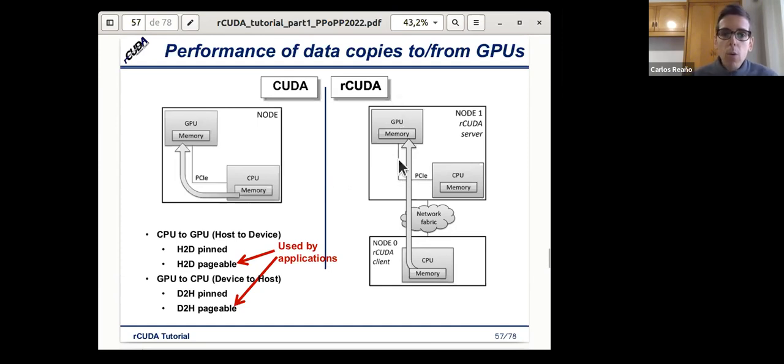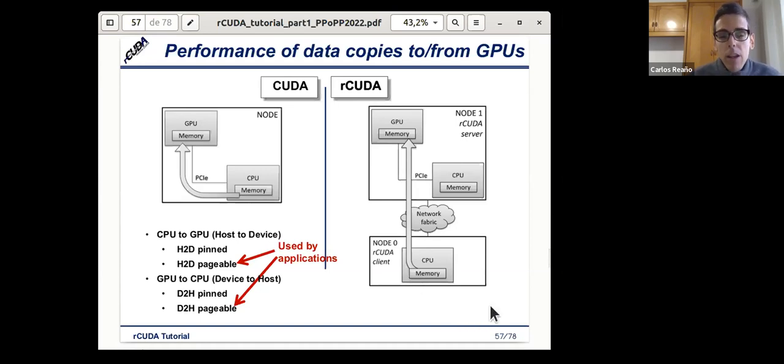Memory copies go in both directions. We copy from host memory to the GPU memory, we perform some computations in the GPU, and then we copy the data back. There are two flavors of these copies. In both directions, we can use either pinned or pageable host memory.